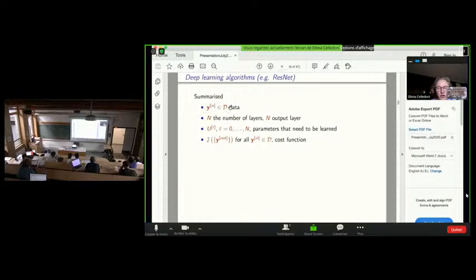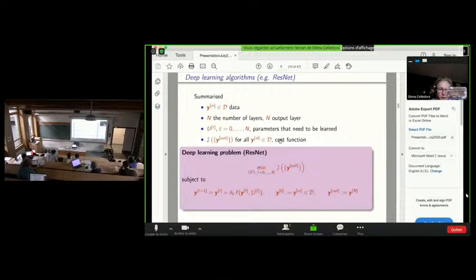Okay, let me summarize. Then we have our input data, which is coming from a large data set. Capital N is the number of layers, and the last layer is the output layer. We have parameters, one set for each layer. And we have a cost function, which is made of a sum over all data.